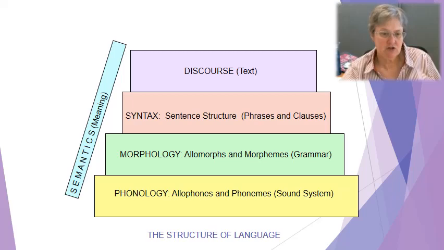And you see semantics here as the icing on the cake, because at every level of this structure of language, which is a universal structure, all languages have the same structure basically, right? At every level of the structure, from sounds to words to sentences to text, there are meaningful units and relations